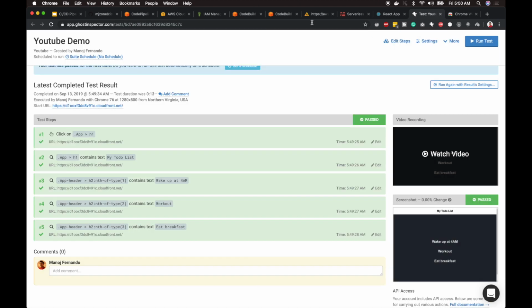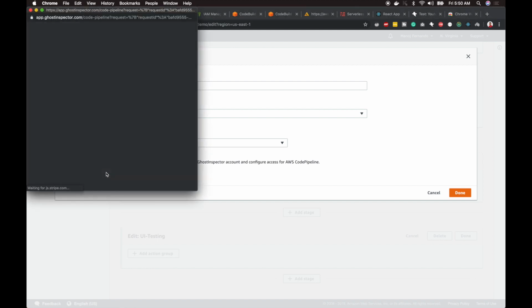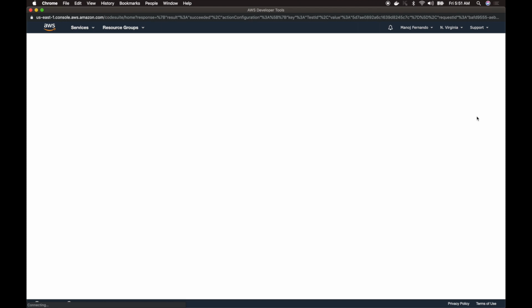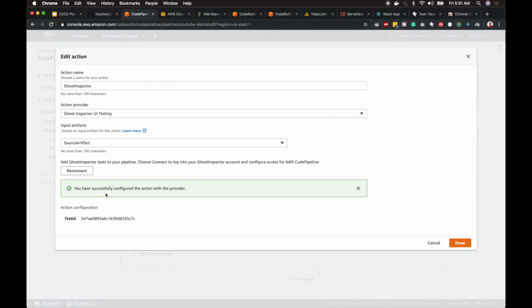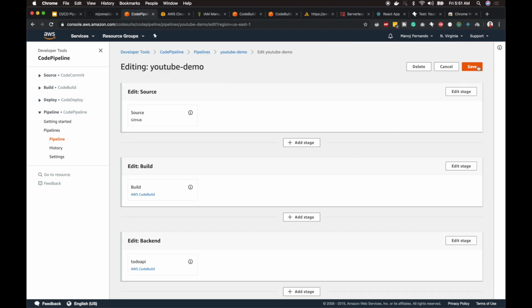So let's integrate with our CodePipeline. I will just close this out and go to CodePipeline. So this is the screen where we left off. I will click connect to Ghost Inspector UI testing again. That's going to open up Ghost Inspector. And here, this is the test suite I just recorded. What I can do is just click integrate test. And I will be directed back to AWS. See, it is successfully configured and I will click done. Okay, now our UI testing stage is configured. I can click save